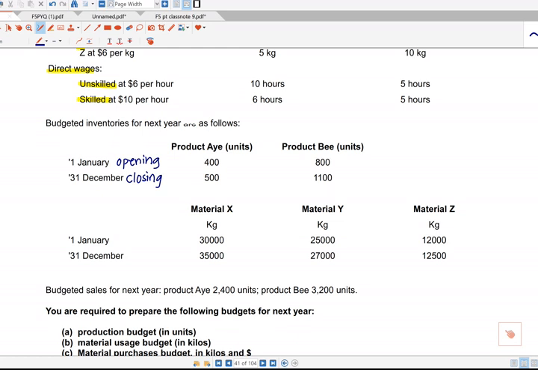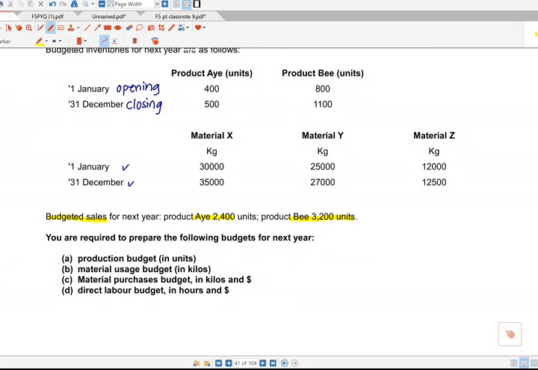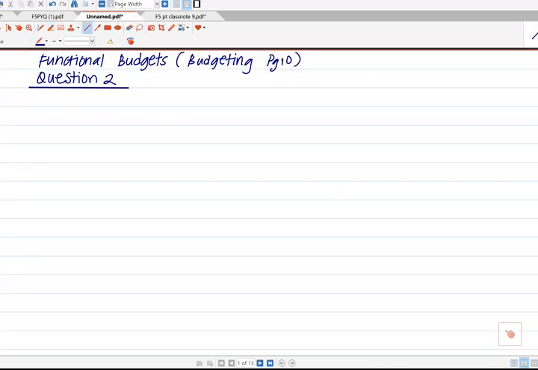So what do we have? We have opening and closing for our finished goods, as well as opening and closing for our materials. Budgeted sales is given, 2004 and 2002. Prepare the following budget for the next year: what is your production budget, material budget, as well as labor budget? Let's account for this. First,